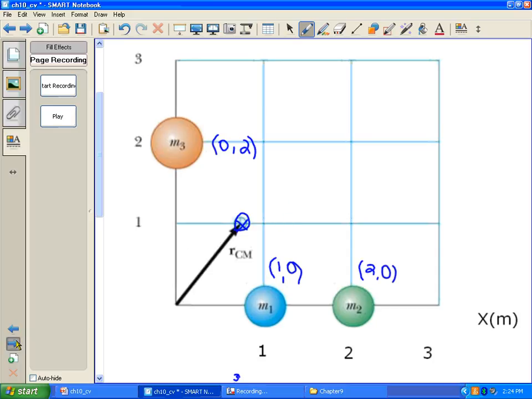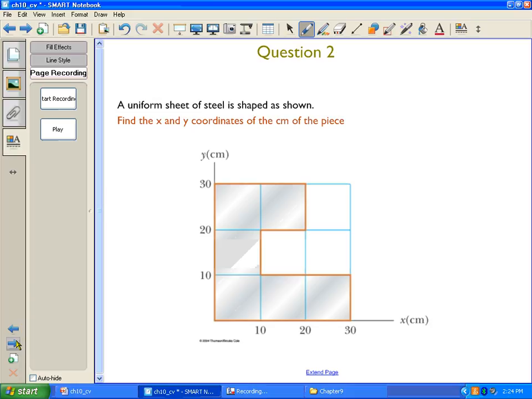Okay, let's look at the next question. Here we have a uniform sheet of steel. Now, this word here tells us a lot, believe it or not. The word uniform implies that sigma is constant. What is sigma? Sigma is the area,